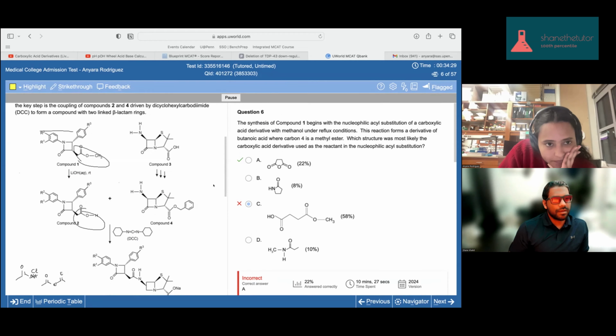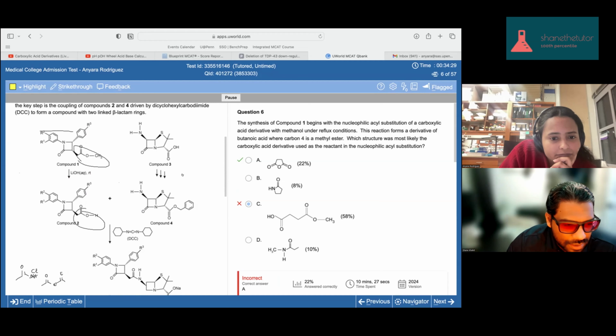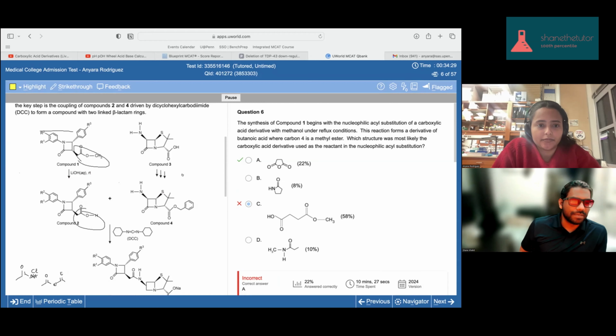And then I guess the multiple arrows means that they're using more than one of compound three, perhaps. But whatever happens to compound three, I don't know what these arrows... or like multiple reactions. But I don't know what the reagent would be here. Okay, whatever. So that causes compound four to happen, which means that it seems like an aromatic group is added.